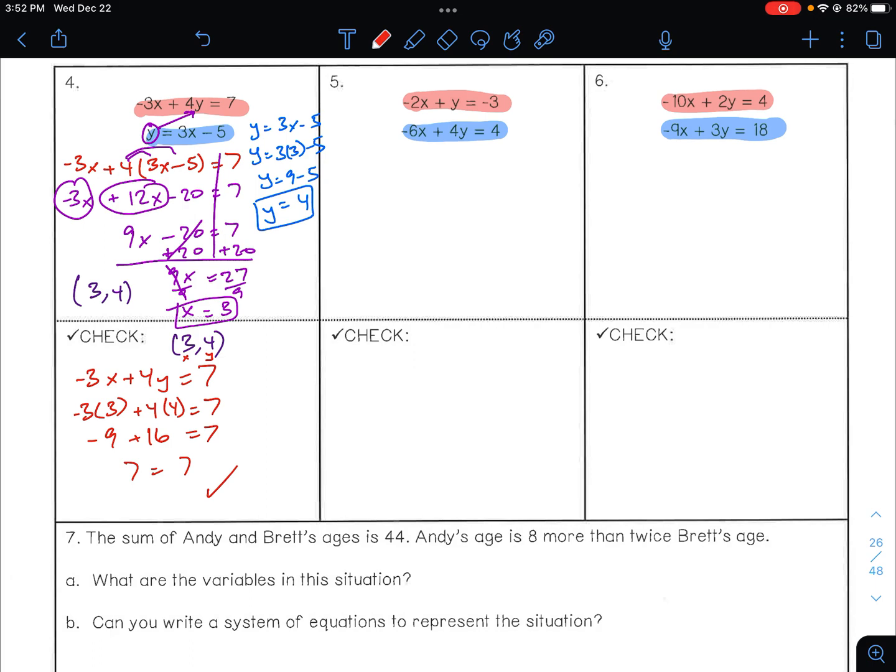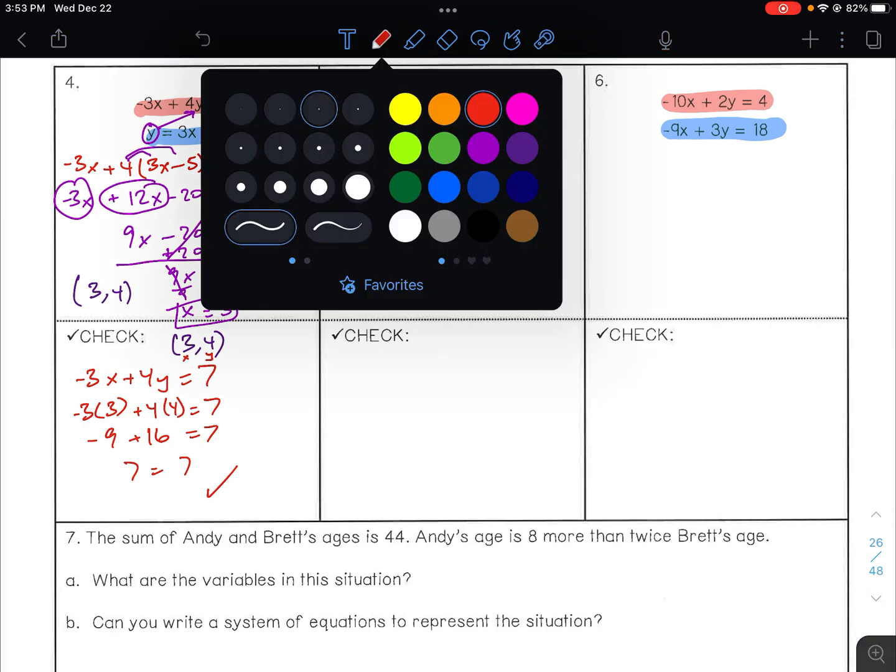It looks like I do not have either of these in y equals mx plus b form. So what I probably should do is fix one of these, solve for y. The first one is negative 2x plus y equals negative 3, and the second one is negative 6x plus 4y equals 4. The first one is going to be the easiest because I just need to move the negative 2x over. So for that red equation,